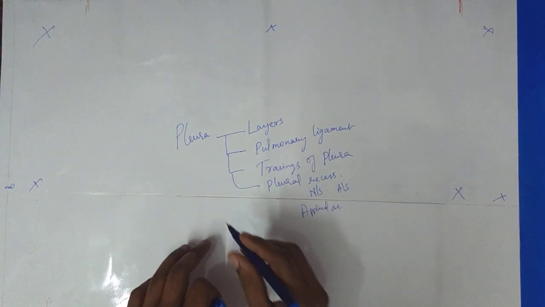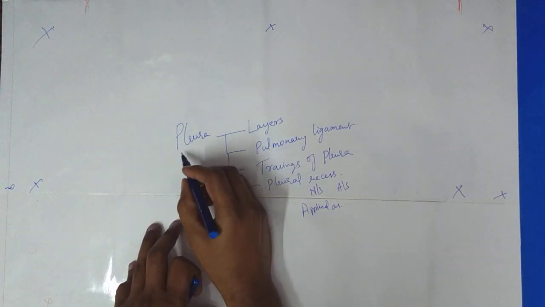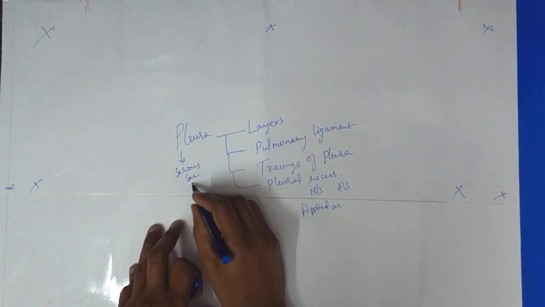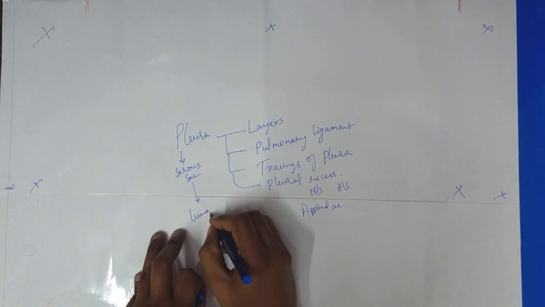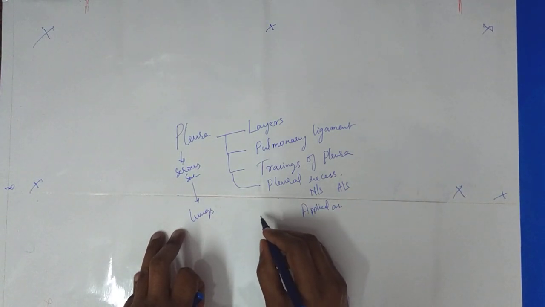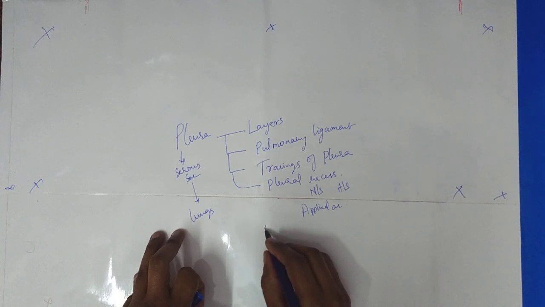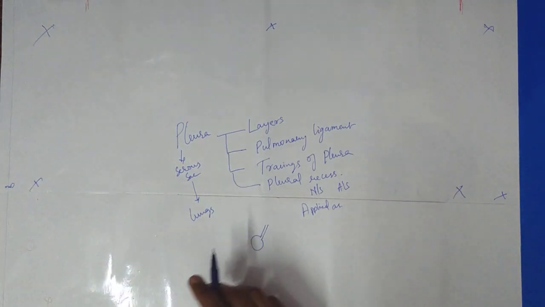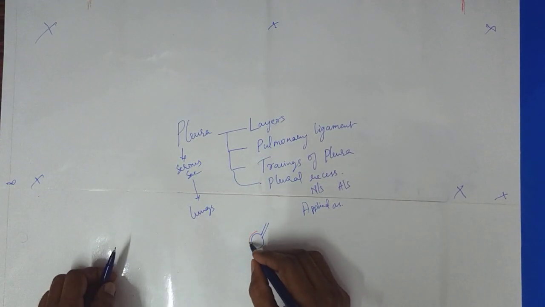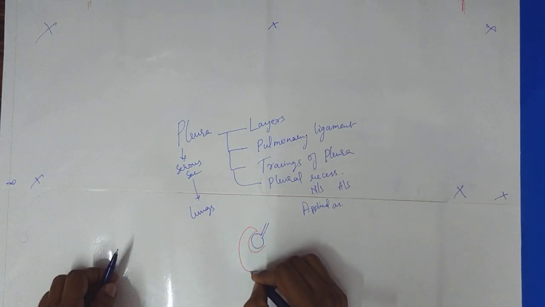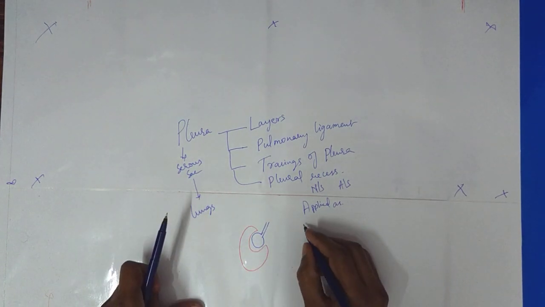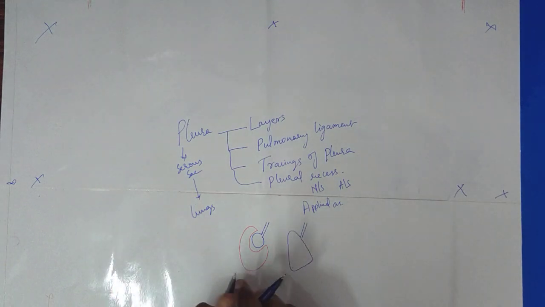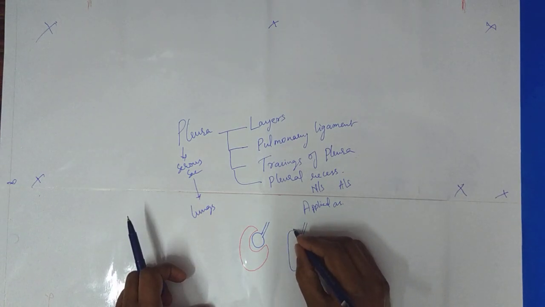So basically, what is this pleura? Pleura is nothing but a serous sac which is lining the lungs. So in the early embryonic period, the lung bud invaginated into a serous sac. So in due course of time, this became the lungs, which are covered by double layered